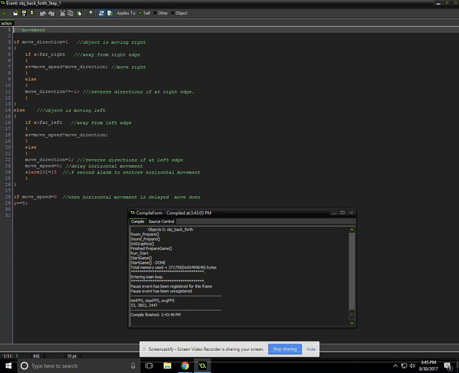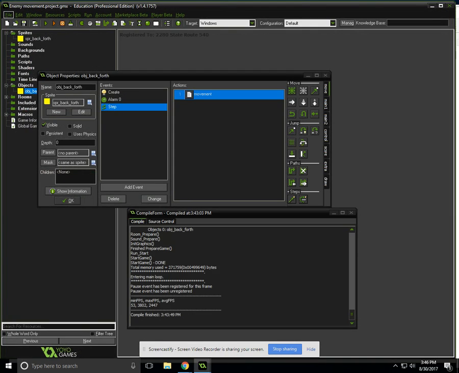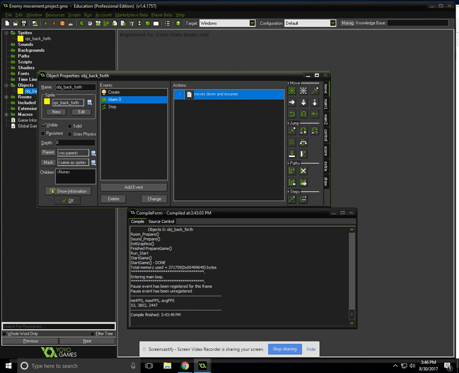So once it gets to the left end of the screen, move direction goes back to 1. Move speed goes to 0. Alarm 0 goes to 15. This is half of a second. All right. So what happens is if the move speed is 0, I said y plus equal 5. This is what moves it down the screen. And then all the alarm does, if we go back and look at the alarm, is simply change the